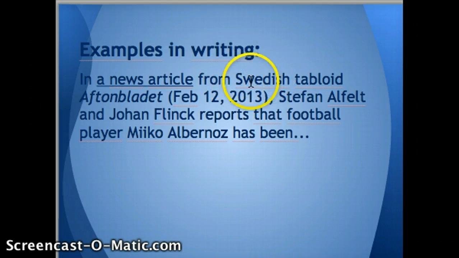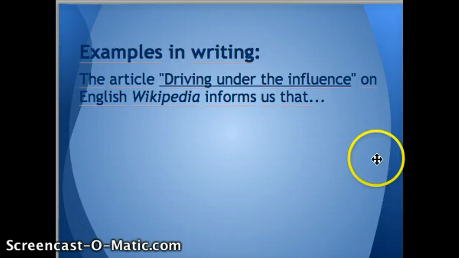And also here, Swedish tabloid tells us what kind of paper you have used. Tabloid means kvällstidning in English. We have the name of the paper, the date when it was published, and the names of the authors. All important information.